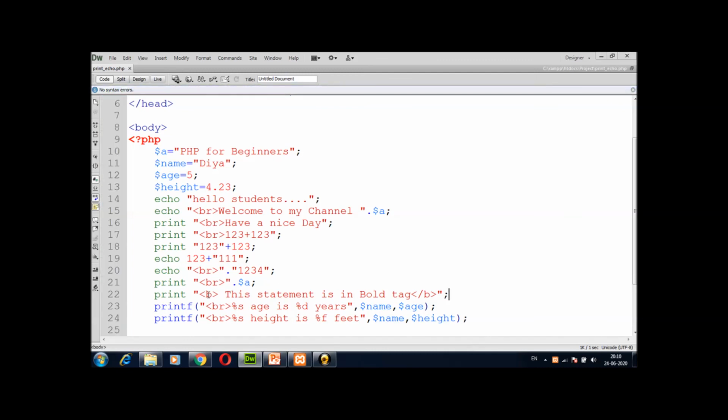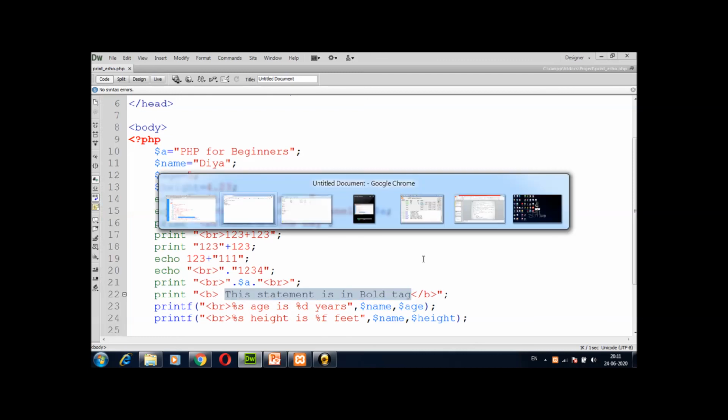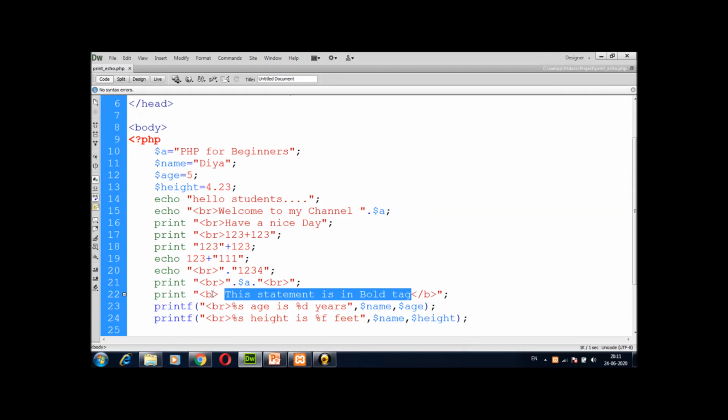Now see, also I am using break here. I concatenate this in double quotes and break. I am going to show you one more configuration before and after. This break will be for the new line break of this statement. So it will bold my statement. This statement is in the bold tag. Okay, so you can use any HTML tag. Suppose I want to use again after bold, I can use H1. So I have to complete H1 first of all like this. Now see.